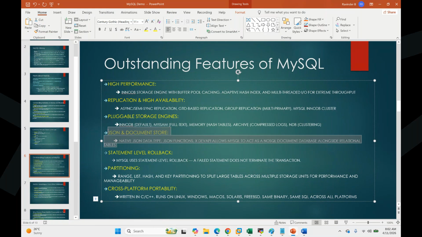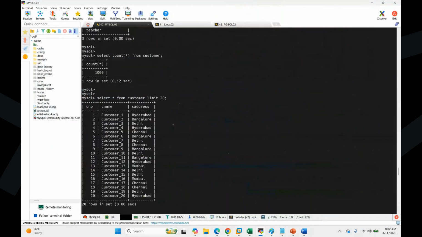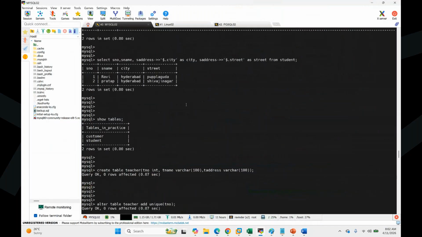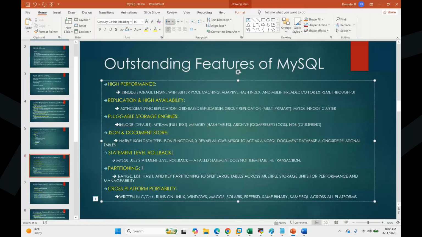JSON document support I just talked about, right? Postgres supports JSON data load, and we can read the JSON data also. We've seen the JSON data model here. Statement-level rollback I also just talked about. MySQL does not follow ACID in the sense that all should commit or all should fail.